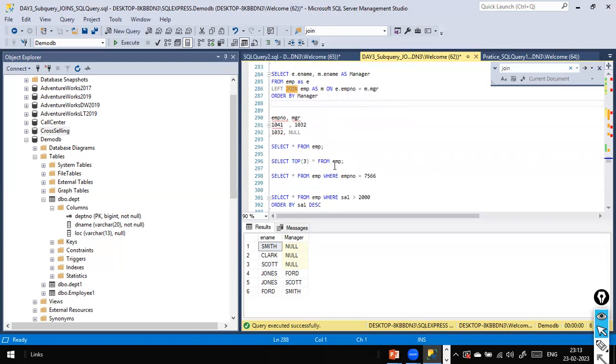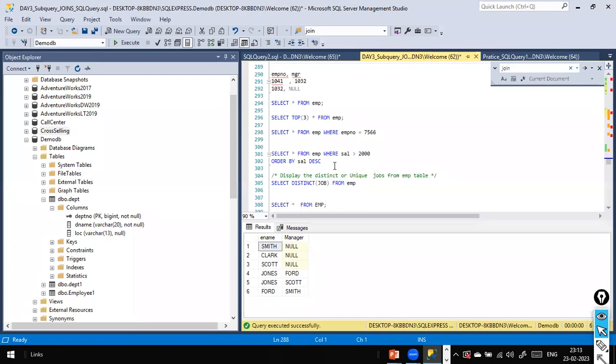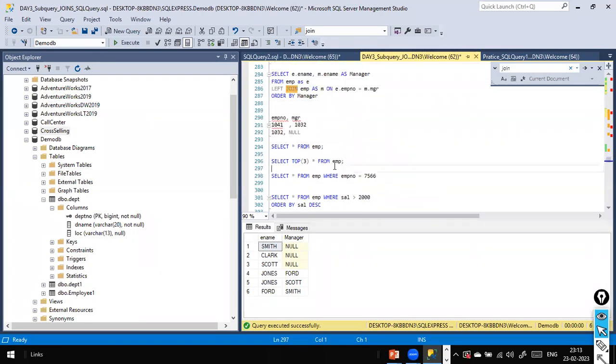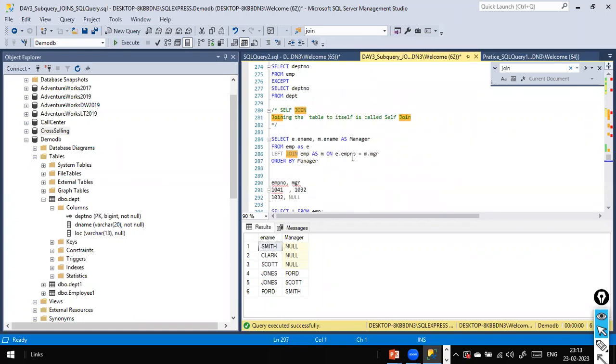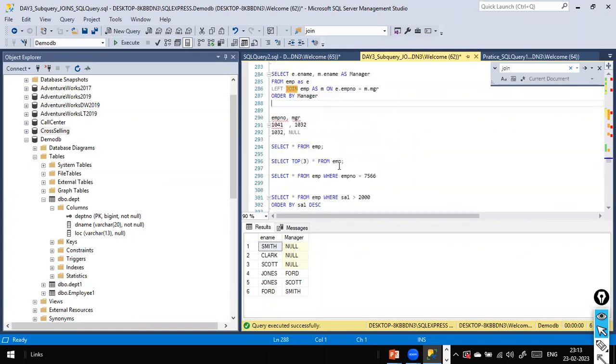So what you do is you can try for the self join. How you can do the self join? That is an assignment for you. Give it a try with self join, and this is a left join. Okay,